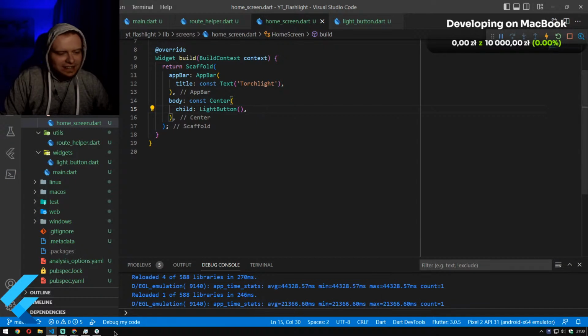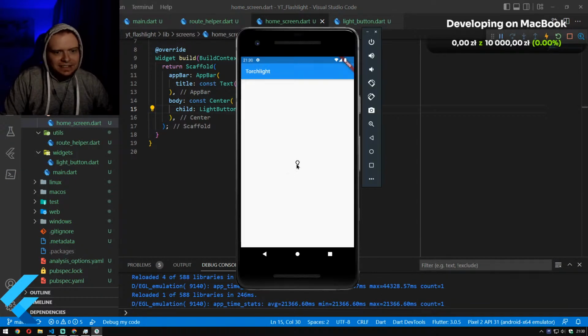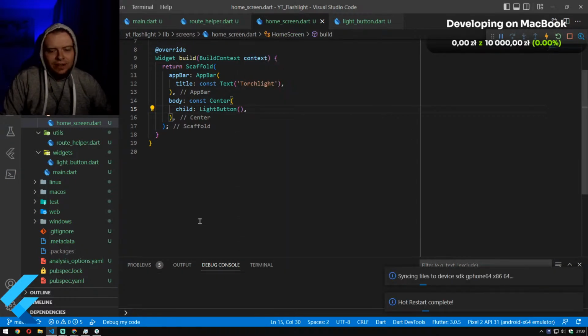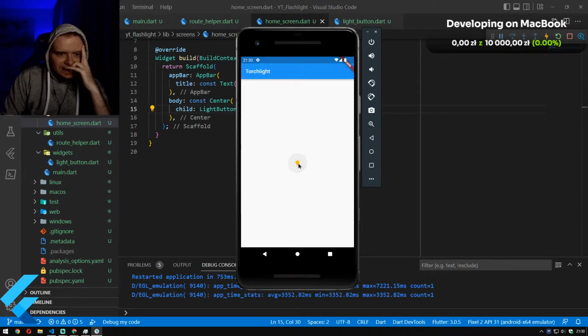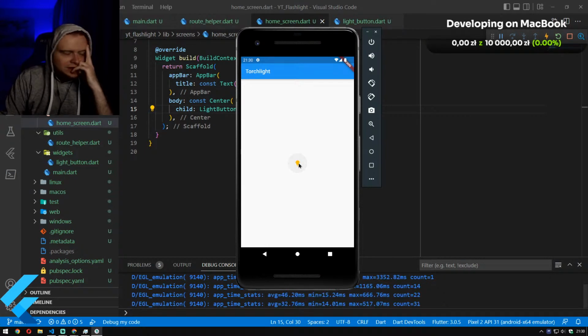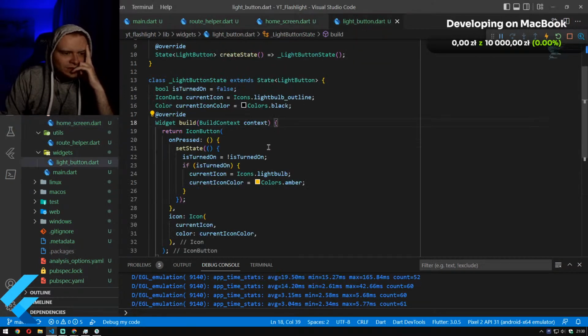Actually, I can rerun it, and as you can see, it changes. However, something is wrong, because it doesn't change its value for the second time, and the reason for that is